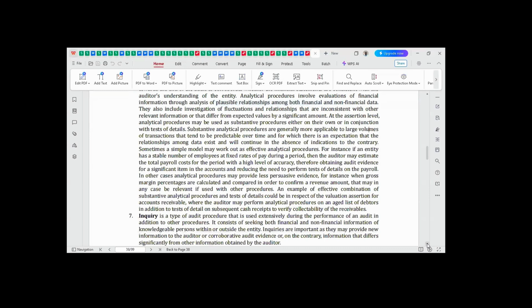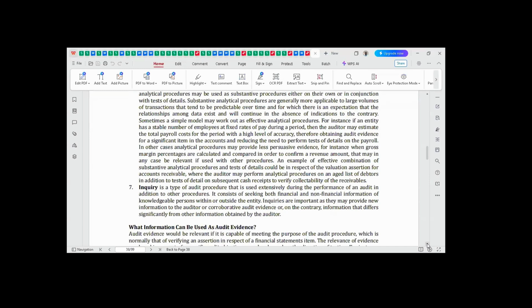All right. The next one I want to look at is inquiry. Inquiry is also a type of audit procedure that is used essentially during the performance of an audit, in addition to other procedures. So what this one does is that you use it to get